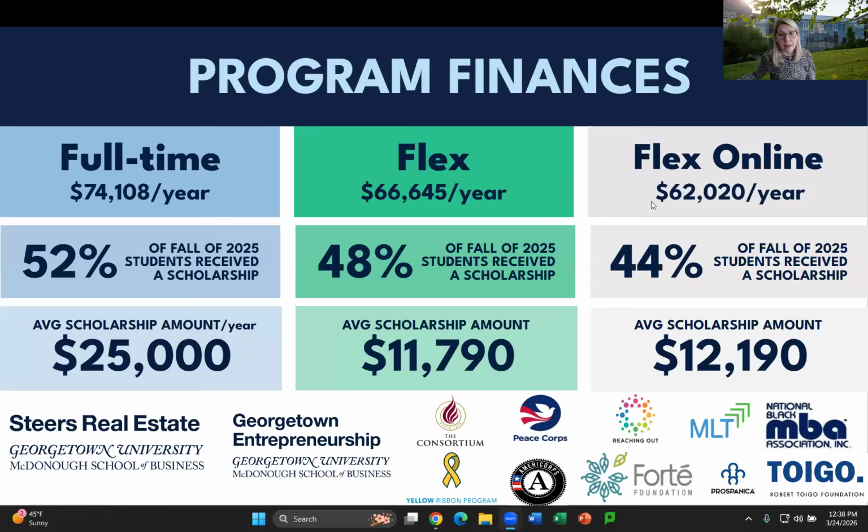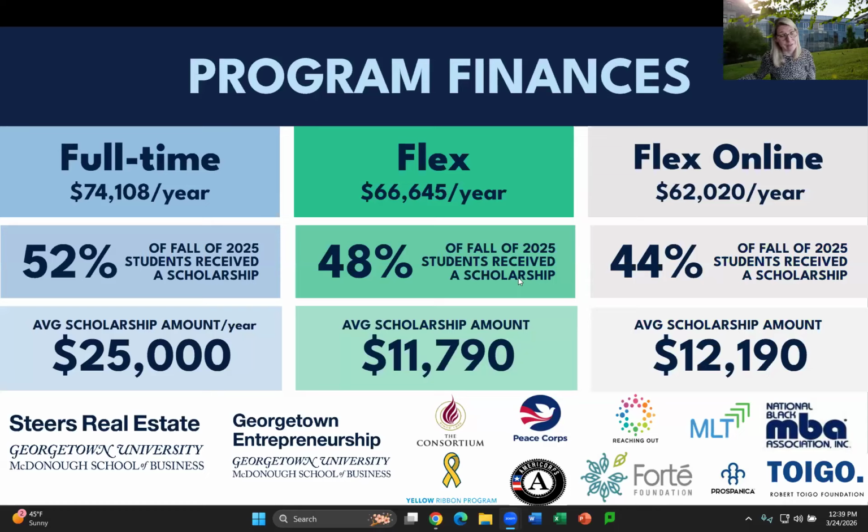For Flex and Flex Online, these are pay-as-you-go models where you have a cost per credit. So how much you pay per year depends on how many courses, how many credits you took that year. So these are estimates based on typical curriculum. While full-time is a flat rate per year, these are adjustable. So for example, if you need to slow down the cost, you slow down the pacing of the degree. Okay. So for Flex, the estimated cost per year is 66-ish thousand,